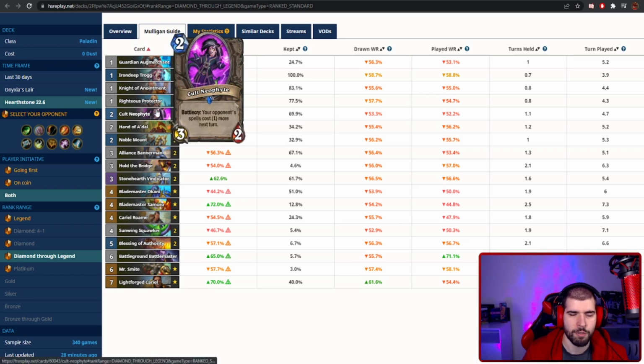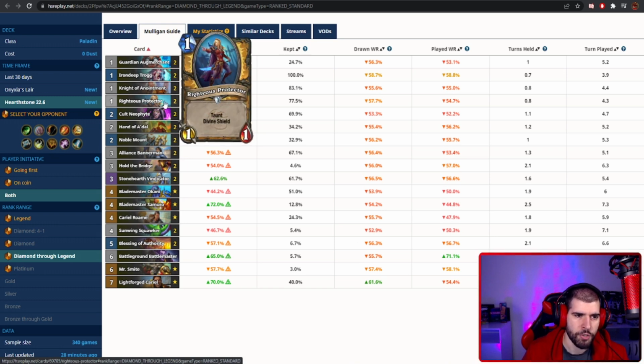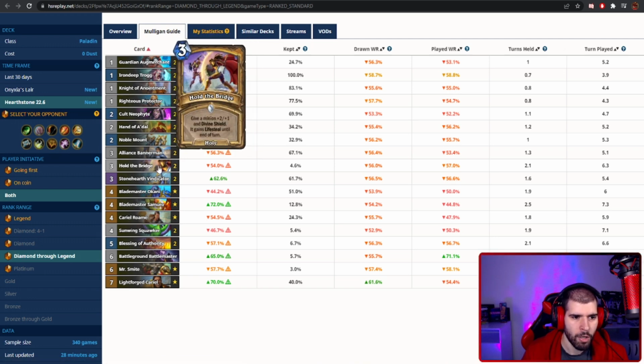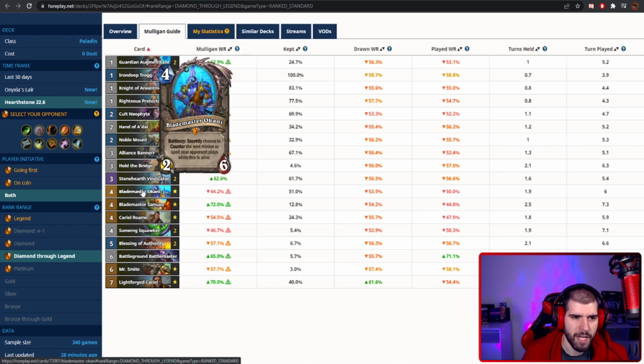Cult Neophyte is also pretty good in this spell heavy meta right now, and we also have Trogs for the same reason. A couple of Righteous Protectors ensure that you're gonna be sticking some stuff on the board, as well as your Noble Mount too. Hold the Bridge can be used for some huge healing, and with Stoneheart Vindicator, making this down to 0 mana is really worth it. Like I said, we have Okani in here, and he's really good, especially against Kazakhstan decks,